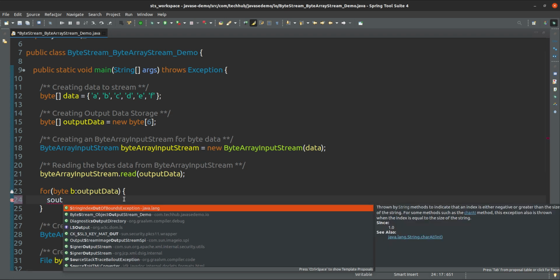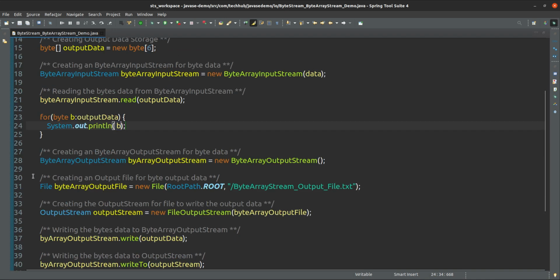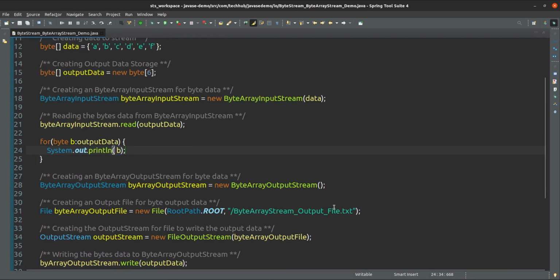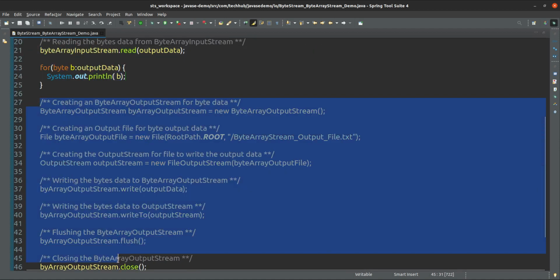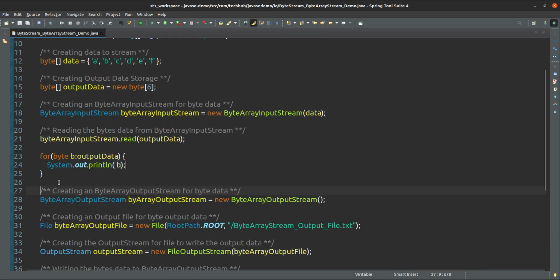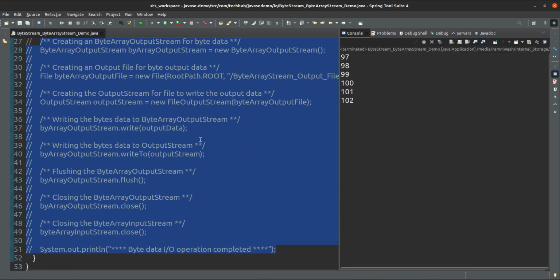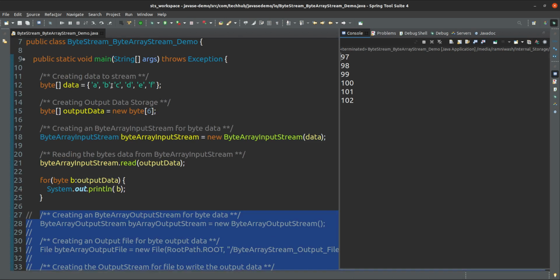Otherwise we can directly print here b. So we have taken this into this one, and if I run these statements currently, you will see, yes, this data came for A, B, C, D.